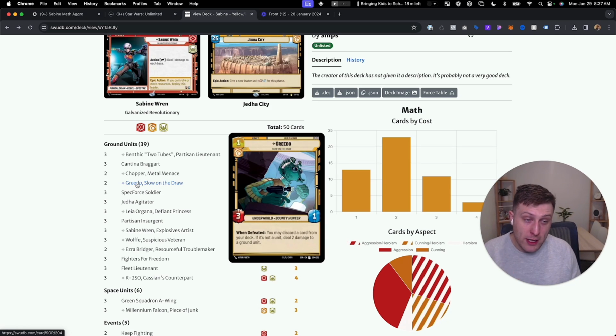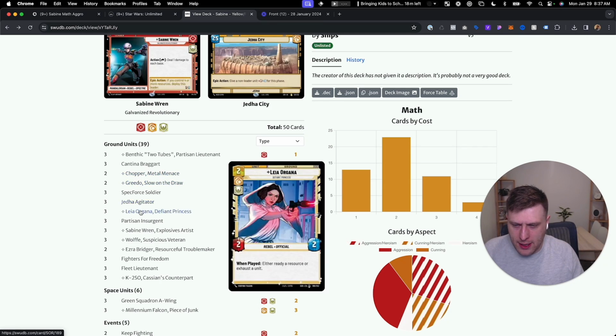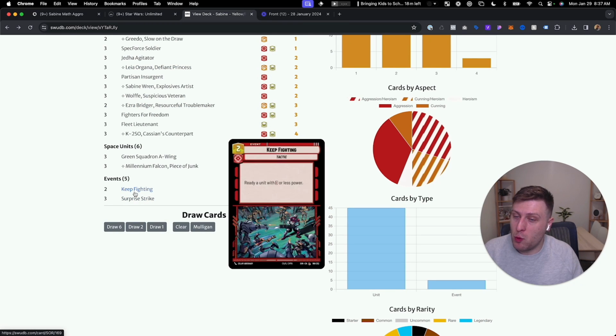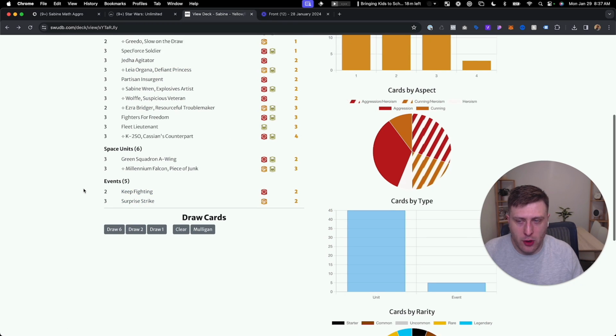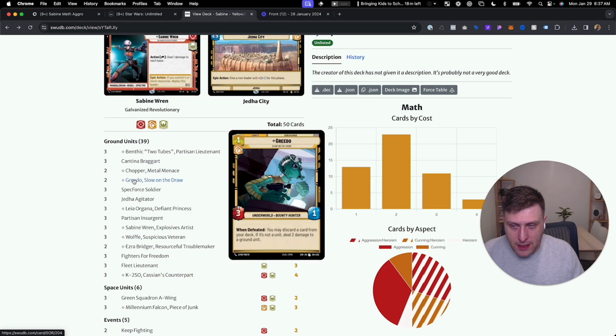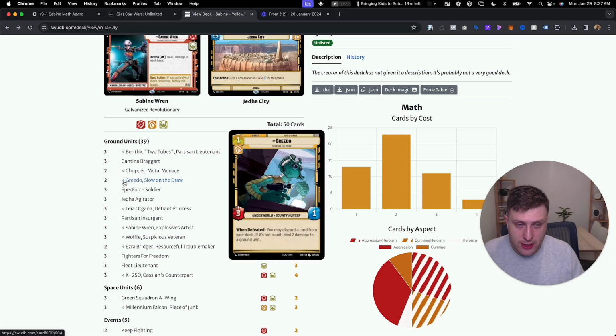That's only happened 1 time right now, but I've added Chopper recently, and I took out some events. I think I took out 1 Keep Fighting, and I took out For a Cause I Believe In because I have too many mono red cards. But Chopper is another 1-drop. I'd rather play 3 Greedos, to be honest, but I've realized a lot of times you might draw 2 Greedos